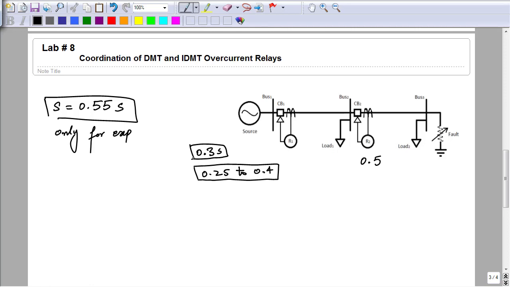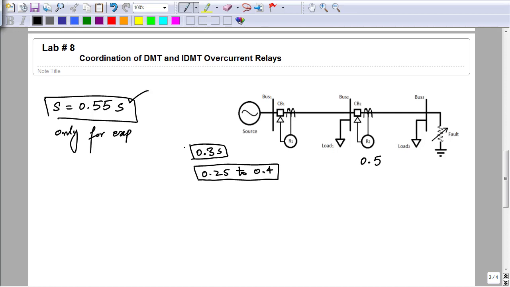As in our first set of experiments, in experiment number 1 and experiment number 3, the student has observed that the calculated time of the relay and the actual tripping time of the relay were slightly different from each other. That difference was due to the student version of that relay, because it was taking a bit more time as compared to its actual calculated time for its operation. So we have accommodated that time in this coordination time.